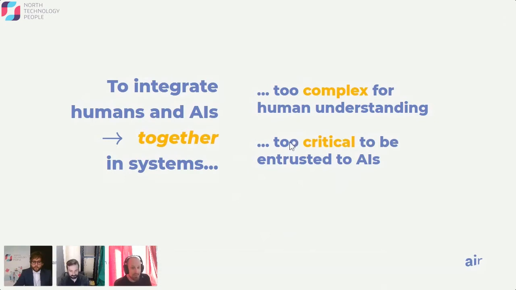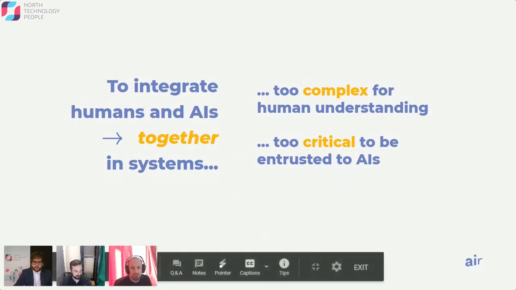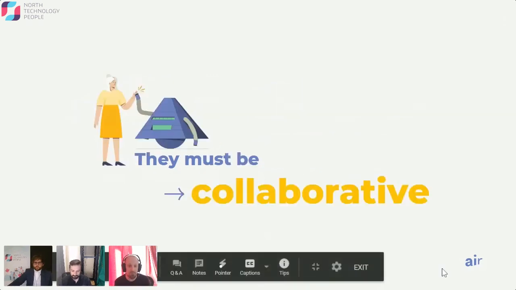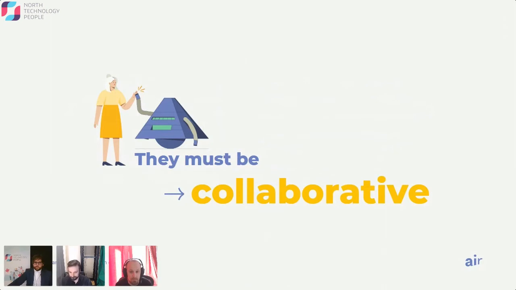But at the same time, those systems are just too critical to be entrusted to an AI, probably narrow AIs as we have today, right? So we're not yet in a world where we could trust, for example, a surgeon to be entirely driven by an AI. We're not yet in a world where we could trust 911 operators, for example, to be entirely driven by AI and making life and death decisions, right? And so in that specific situation, your ideal solution is to actually have a collaboration between a human and a machine.